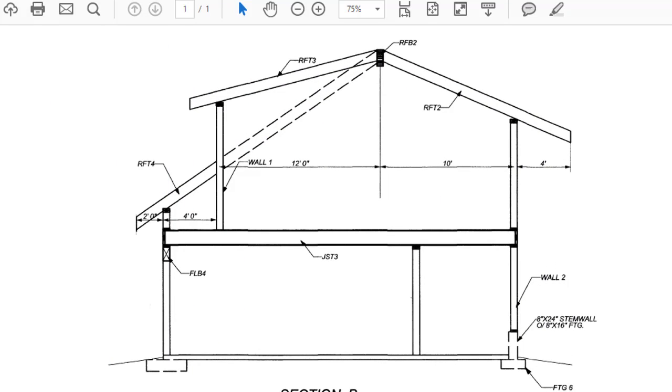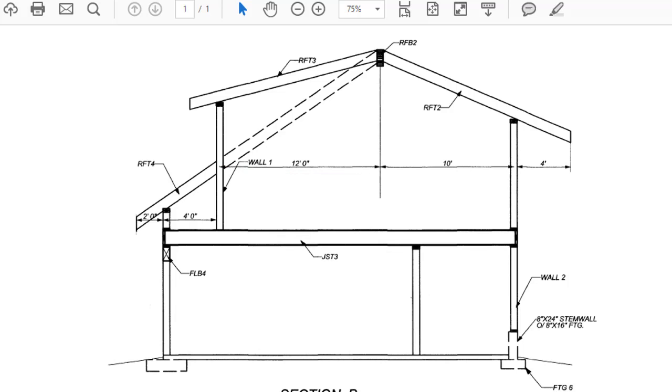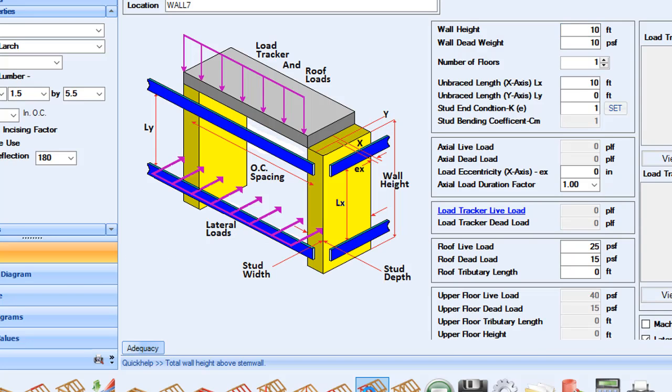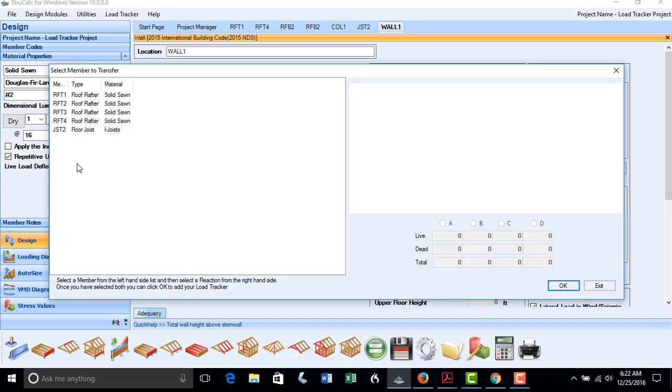Now we want to design joist JST3. You can see from the cross-section that these joists support the dormer wall. We will first design the dormer wall by using the wall design module. We will name this Wall 1, put in the wall height of 8 feet, and leave the wall default dead load as 10 pounds per square foot. We can now click the hyperlink and add the B reaction from RFT2